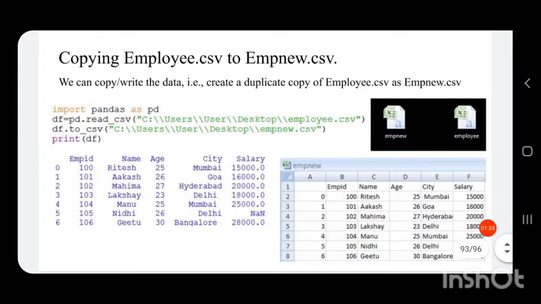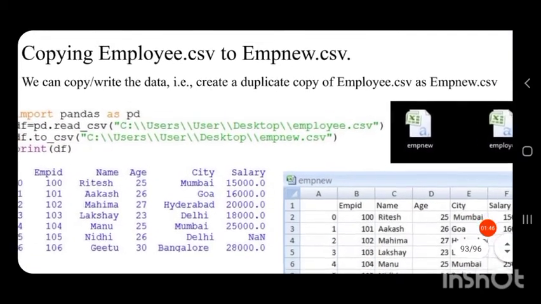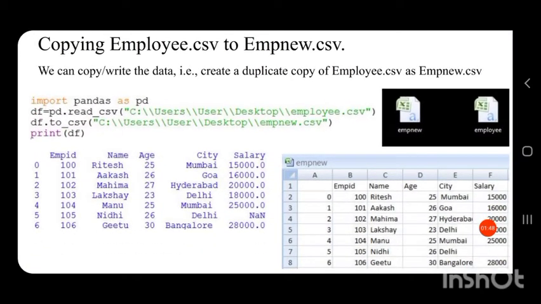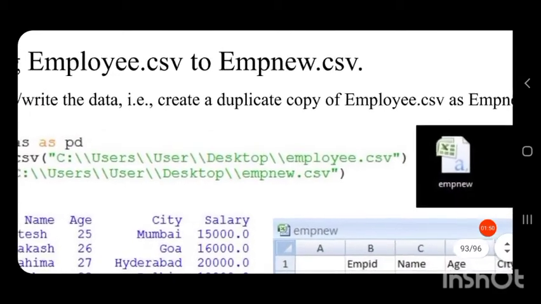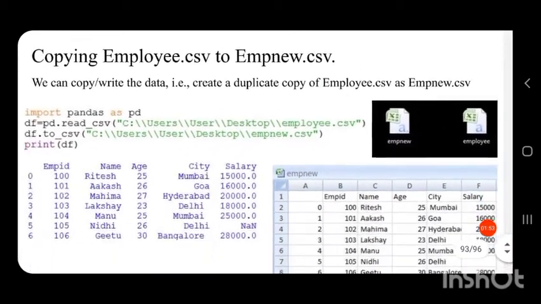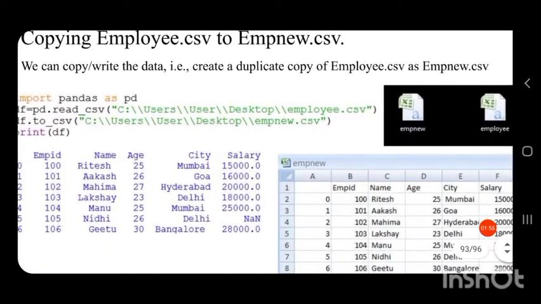Actually only one CSV file exists, that is employee.csv, and by copying the contents using this program, a new CSV file called empnew.csv will be created.